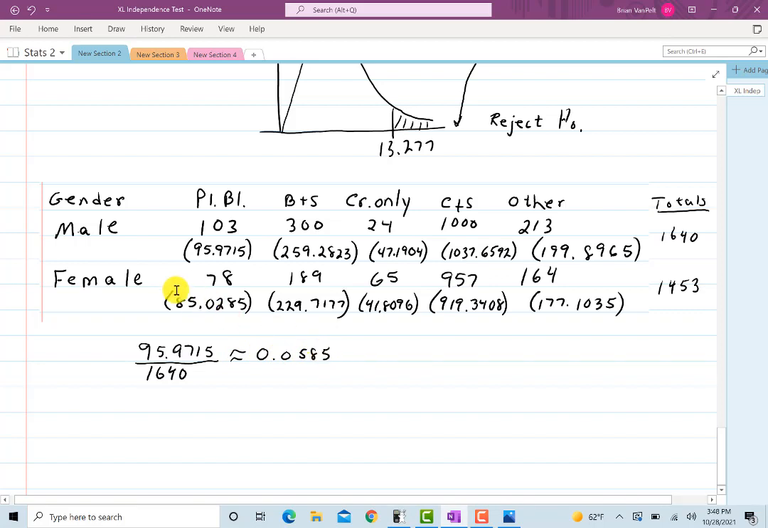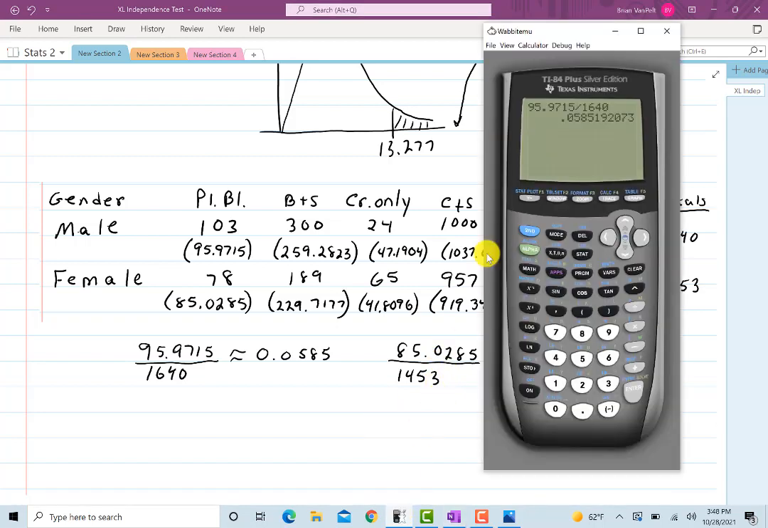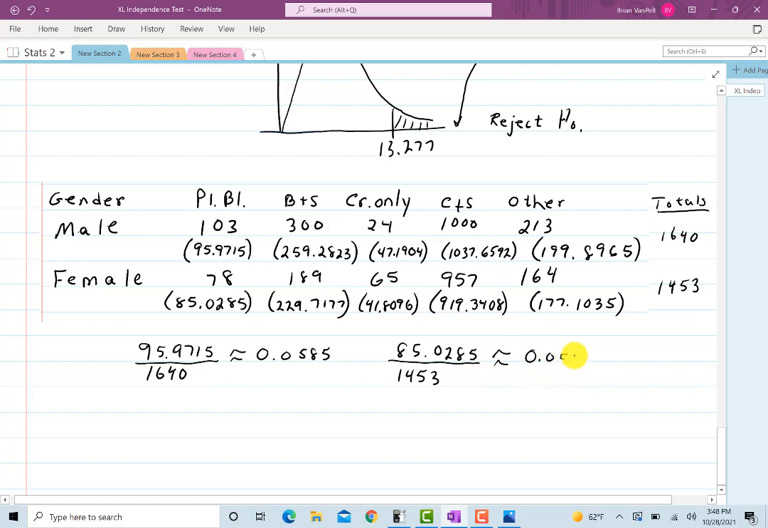Let me do the same thing for the female one. Let me take the parentheses amount and divide by its row. Now, there's some rounding and whatnot, but you'll see we get the same number, 0.585. Or if you want 5.85%. If the choice of coffee were independent of gender, then we would expect the percentage of females who enjoyed